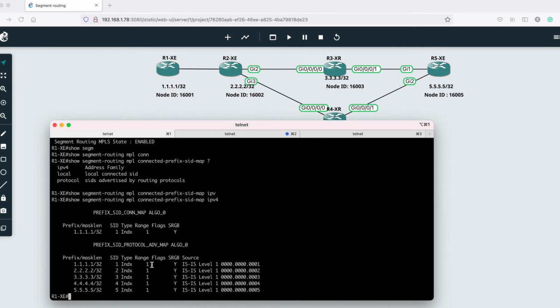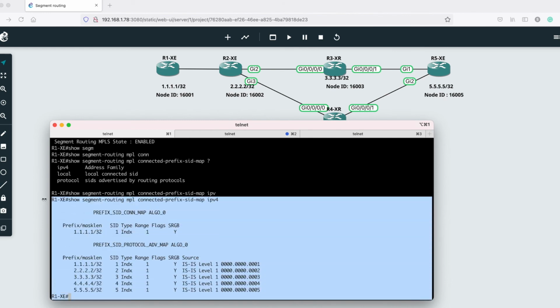I have kept it easy in order to troubleshoot or in order to have a better understanding of the network. So in this whole network, the segment routing global block is also the same. All routers are advertising 16,000 to 23,999 as their segment routing global block.